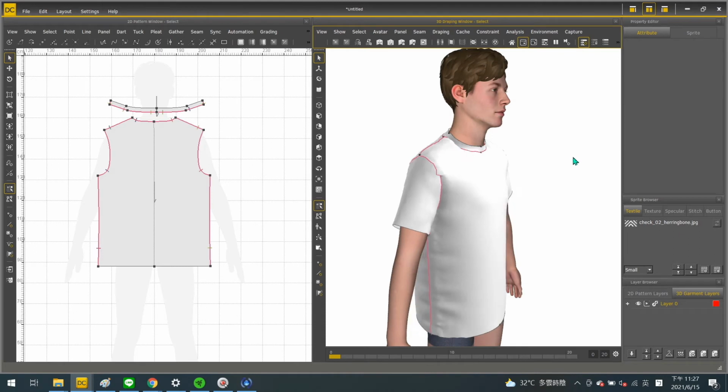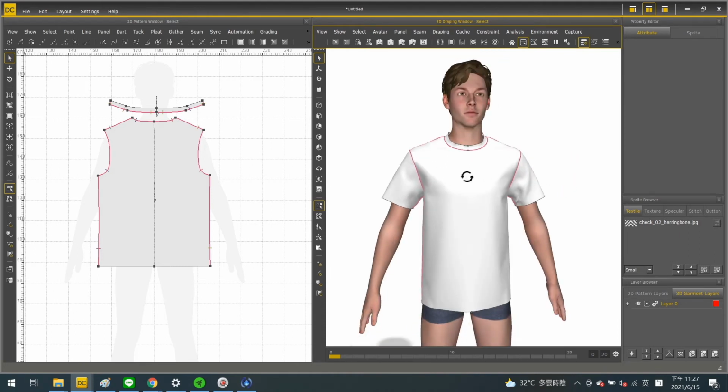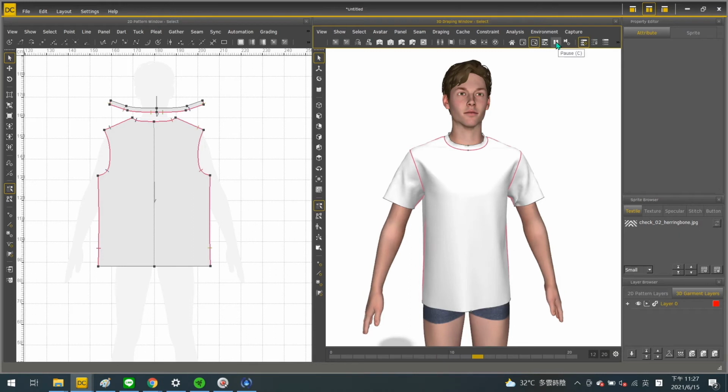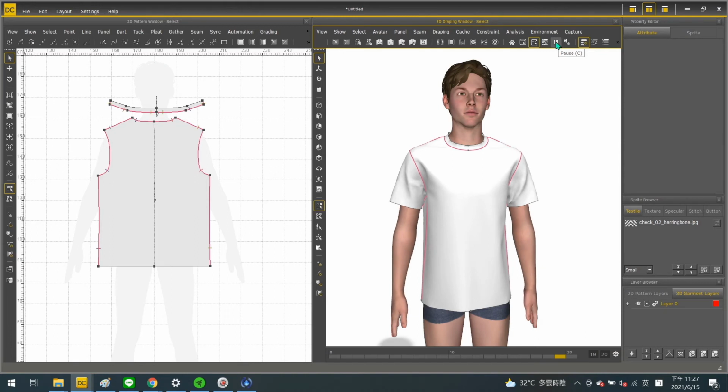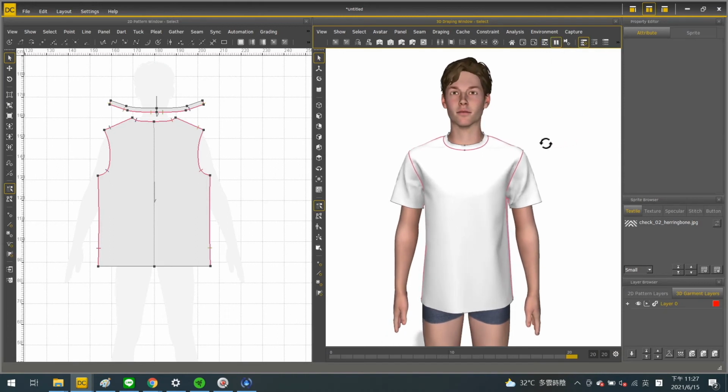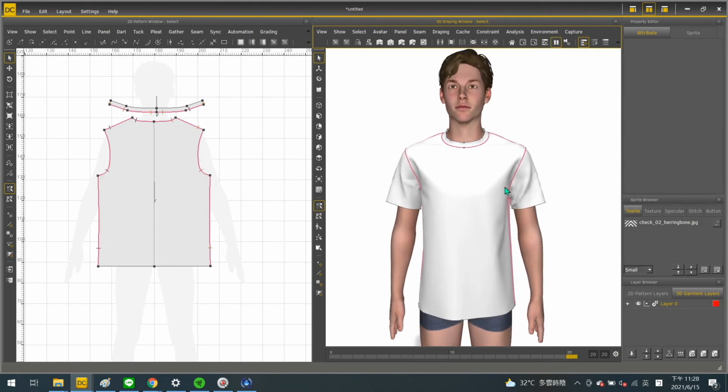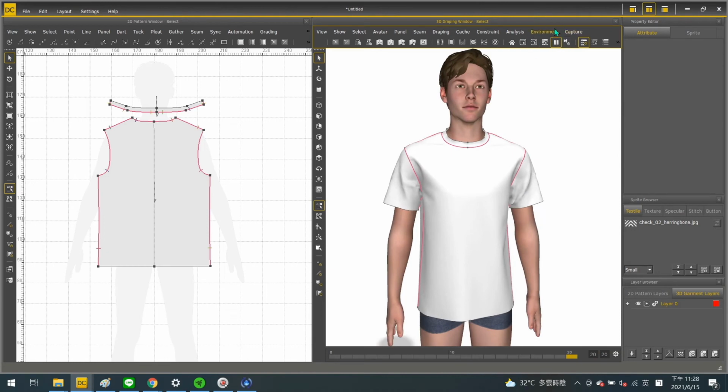And the last of the introduction for simulation, I have a reminder for you. When your garment is simulated but you're going to use another function, remember to pause the simulation first. Otherwise, when you do other manipulation while simulation is on, you might find the motion is not smooth and the loading for your computer is a little bit heavy.